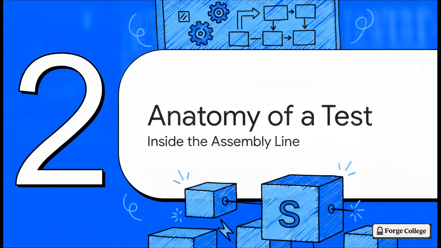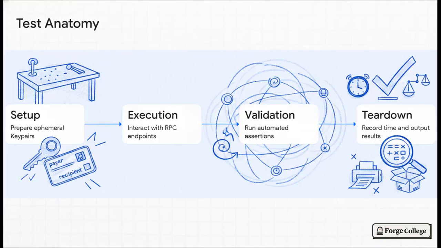Moving on to Phase 2, Anatomy of a Test. So you can think of every single test on Solana as its own mini assembly line. Step 1 is the setup. This is where we prep the workbench by generating our ephemeral Solana key pairs, a payer and a recipient. Next up, Step 2, the execution. Here, we actually interact with the Solana network via RPC, maybe hitting it with an airdrop or sending a transfer